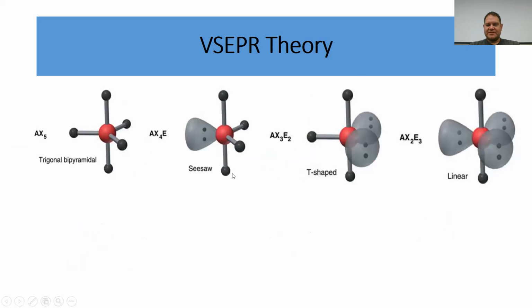All right, so all the ones that you're going to see in front of us are going to be 5 domains. Okay, and they all have different shapes because some of them are bonding domains and some of them are lone pairs. So if we look at the first one, and again, all of these are going to violate the octet rule, okay? So all of these, trigonal bipyramidal, seesaw, T-shape, and linear, and this is a different linear, they're all going to violate the octet rule, every one of them, okay? As you can see, you're going to have 2, 4, 6, 8, 10 electrons around each one of these central